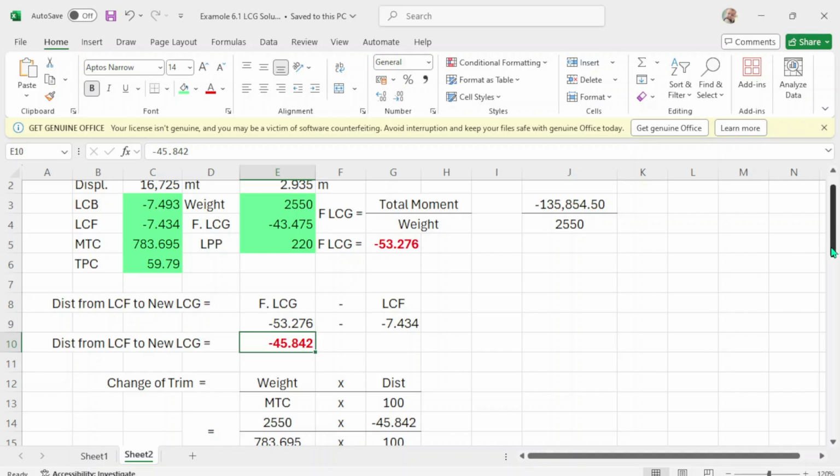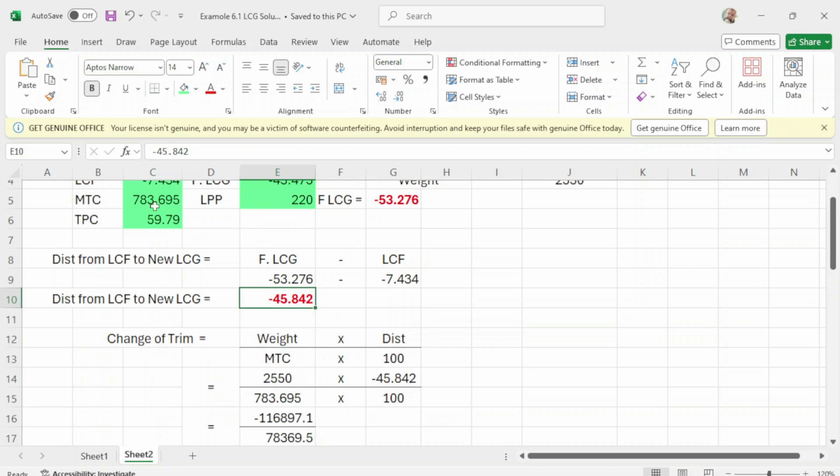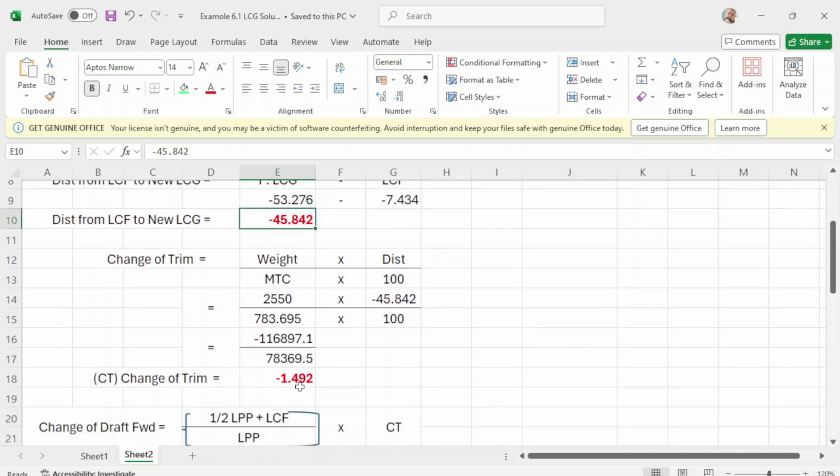Your answer, the change of trim, will be -1.492, meaning you are trimmed by the head.